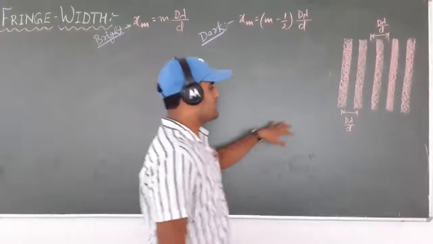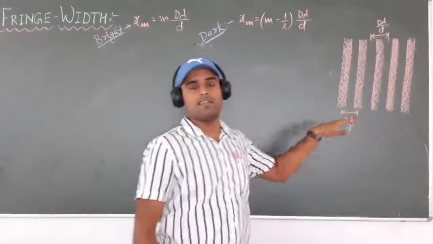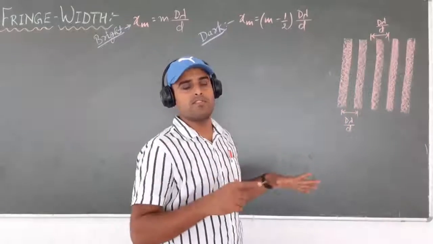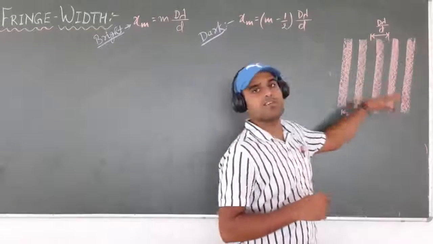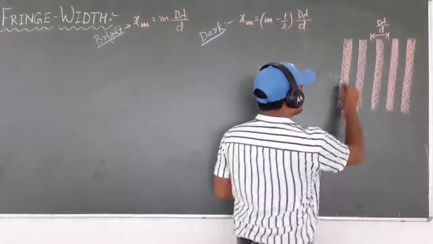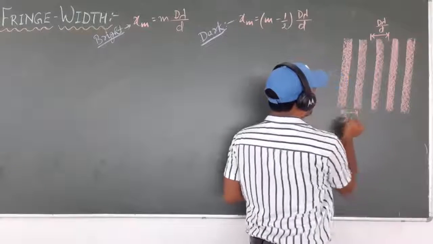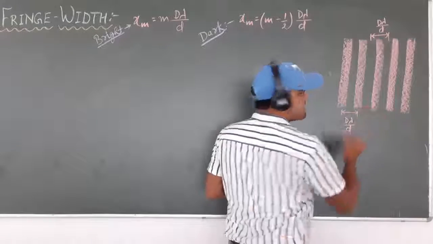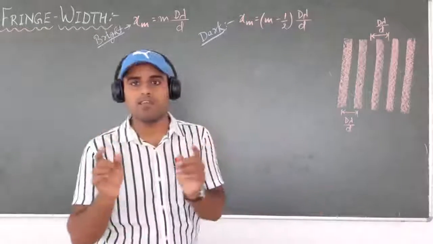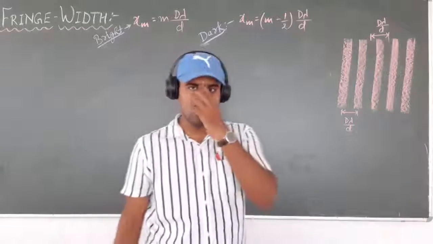Here you can see I have drawn the interference pattern which you have already seen when the light rays are emitted from the two sources, like in the Young double slit apparatus. So how will they appear on the screen? These are the positions of bright fringes and these are the positions of dark fringes. And these are the widths, so that width we are going to find. The fringe width. What is the width of the fringes? We are going to derive the expression here.